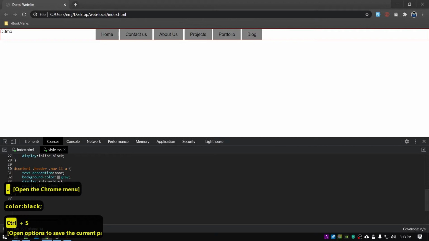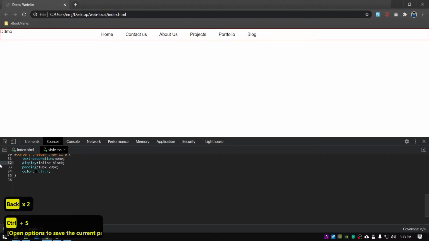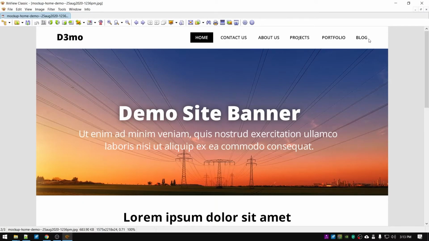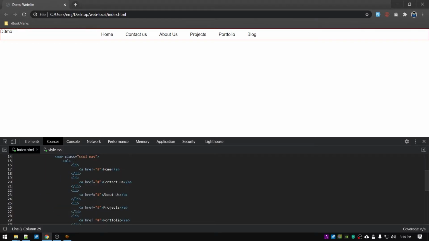We don't want this gray here because the mockup shows only the active one has the background color. So in our HTML, let's add active to the home link,